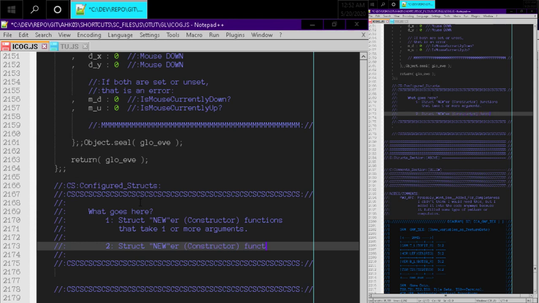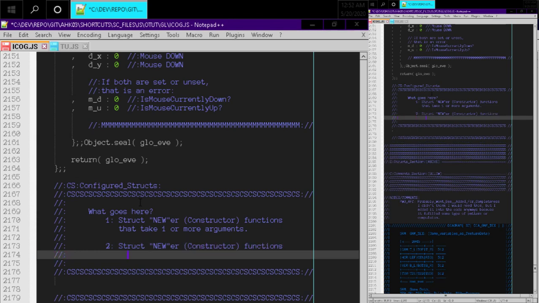Constructor functions take 0 arguments, but